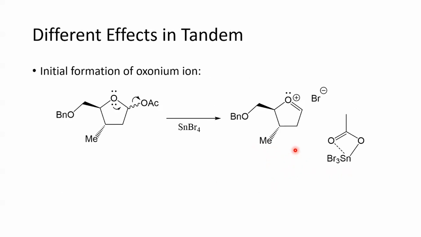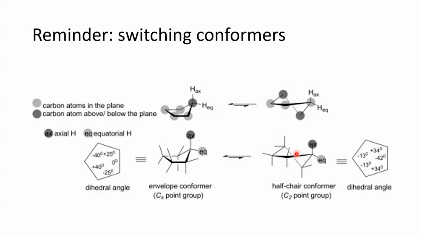First step of this reaction involves formation of the oxonium ion, like so. This gives us our reactive 5-membered furan ring. Just as a quick reminder of the conformers that you get from a furan ring, the two main ones are this envelope conformer, shown here, versus the half-chair conformation here. And you can see that the important location for transmitting steric influence over the molecule is here at this lip